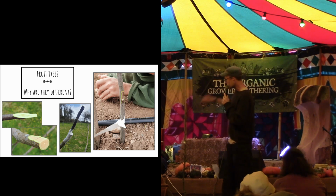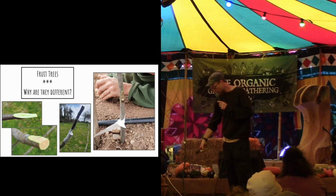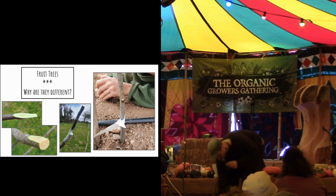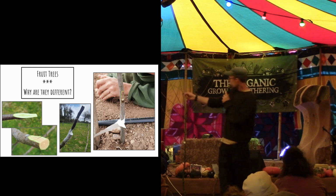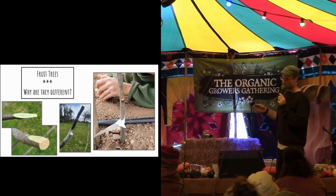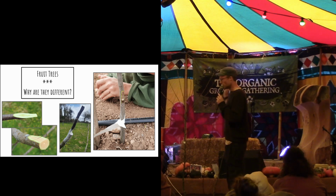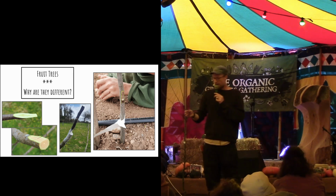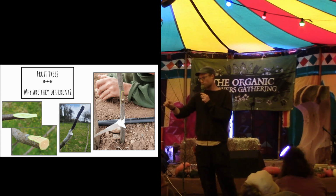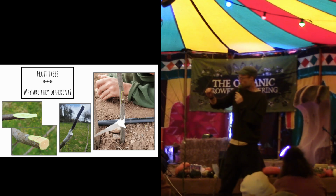We take a mother tree. This one is the Adams Pearmain. This is our mother tree. We would take cuttings from it, and then you can see in the photos there on the left, there's a couple of ways to reproduce fruit trees. Kind of winter grafting, what's called bench grafting, or whip and tongue, or you can do it in the summer. But you're taking a section of wood from the mother tree, from the Adams Pearmain, and you're cutting